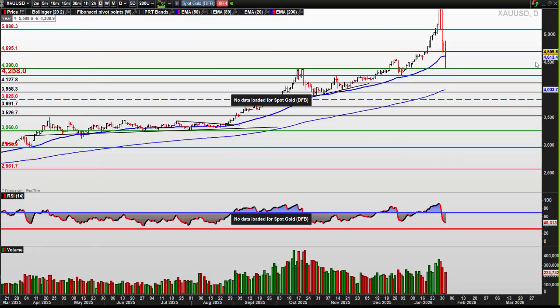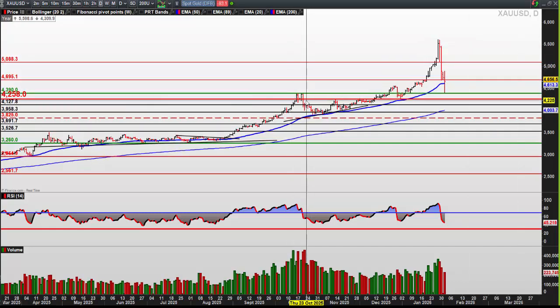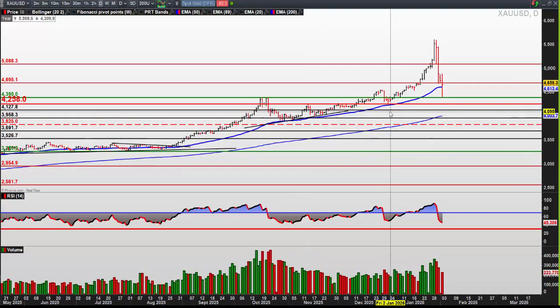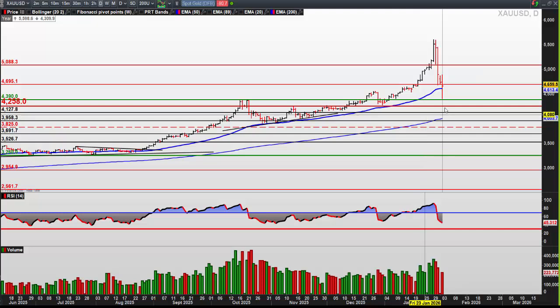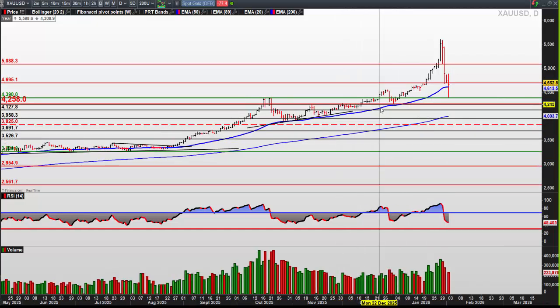Gold, interestingly, they're all coming back to key pivots. Gold has come back to October 25 highs and bounced. I'm expecting a deeper retracement to at least 42.50, if not a full 4,000. I don't think this is over yet. These are 50 and 200-day averages here. I still think we've got some lower numbers to come yet before that, if that is going to settle down. So what I'm looking for is a 3-wave retracement. Let me just get the pen on this.